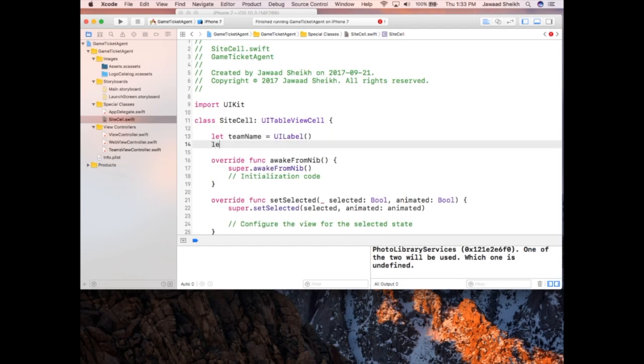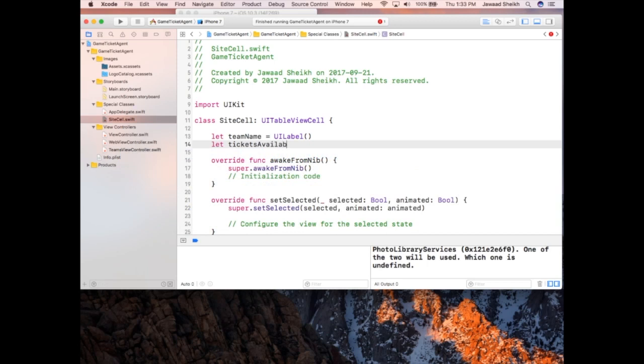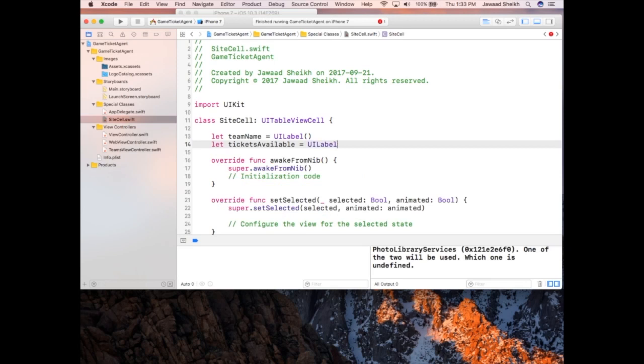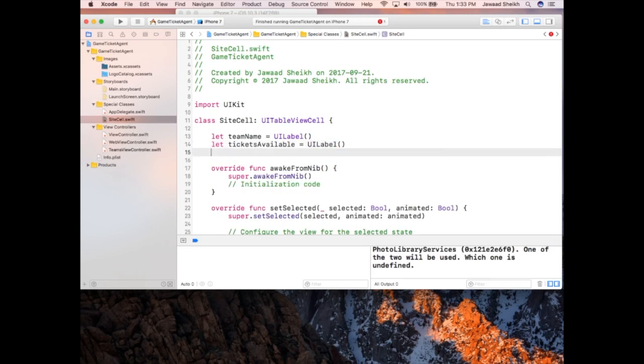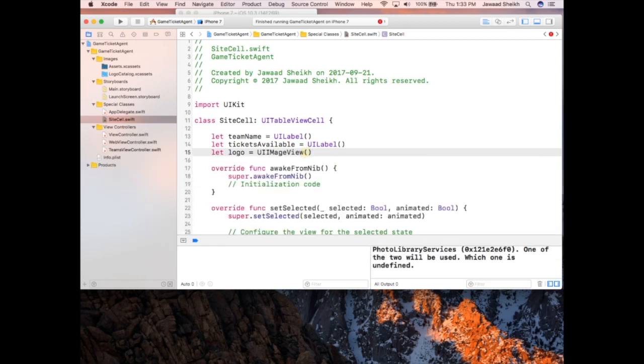I'm going to say let ticketsAvailable equal UILabel instantiated as well. And then finally, let logo equal UIImageView. All right. So we have here teamName, ticketsAvailable, logo as our three items that are going to appear